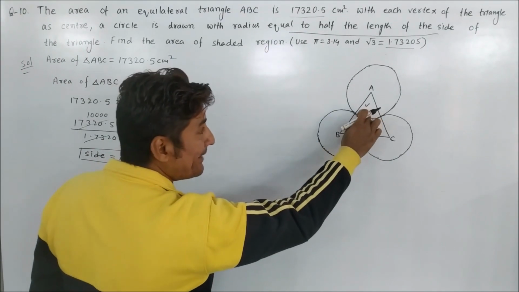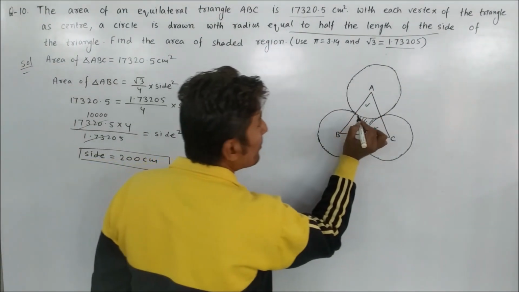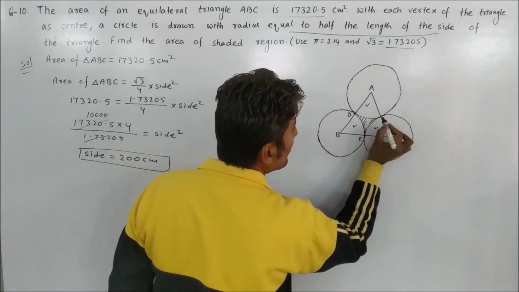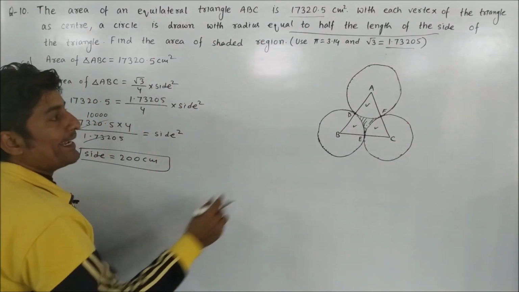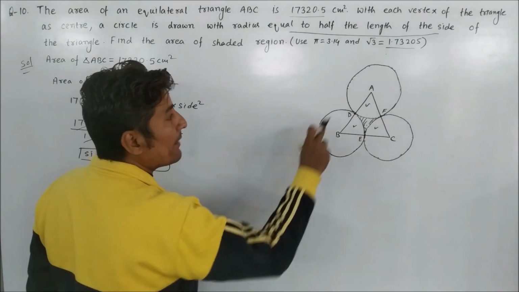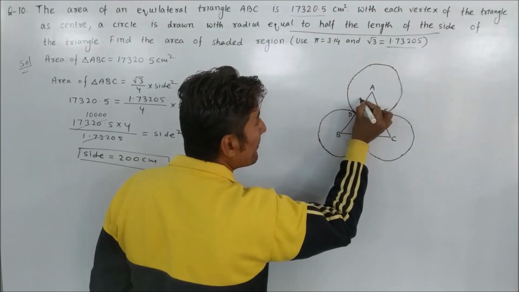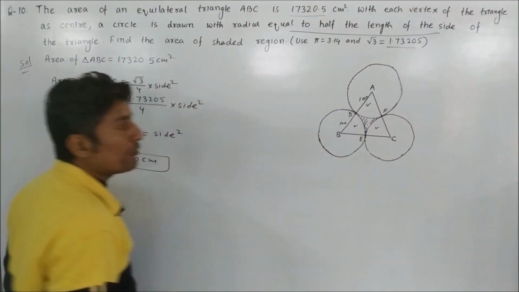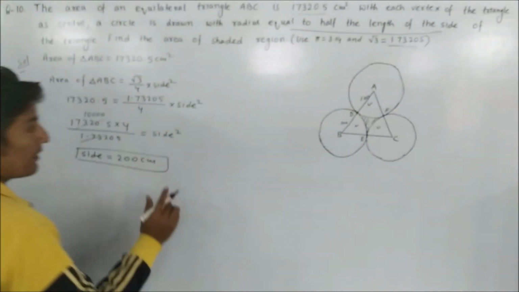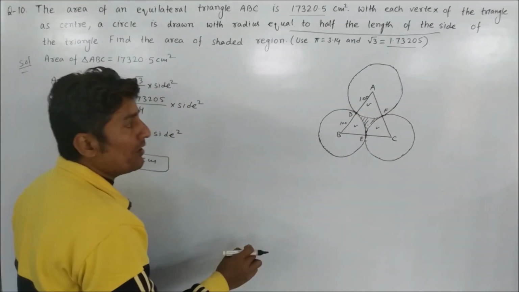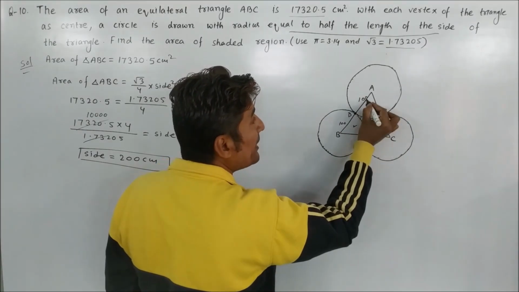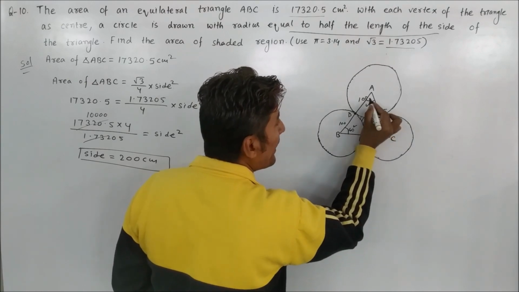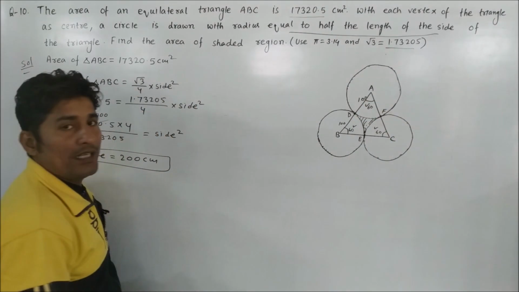So we are going to find the area of this sector. Suppose this point I have taken as D, this point I have taken as E, this point I have taken as F. So AD and BD both will be equal and measurement of both will be equal to 100 centimeter, because the length of AB is 200, hence measurement of AD and DB both will be equal to 100 centimeter. Now we are going to find the area of this sector. As we know, in an equilateral triangle, the measurement of each angle is equal to 60 degree. It is a property of equilateral triangle. The measurement of all the angles is equal to 60 degree.